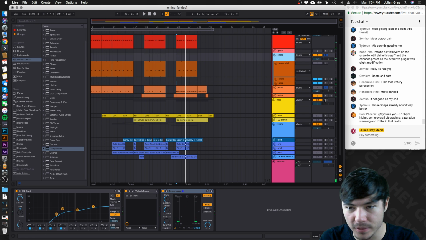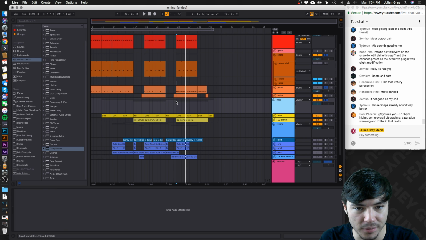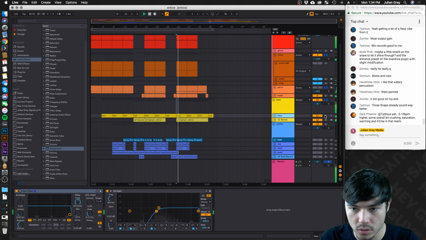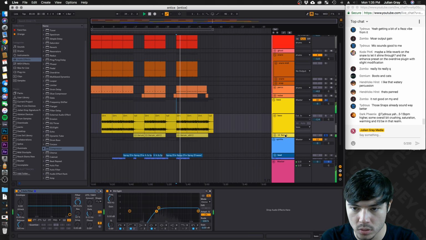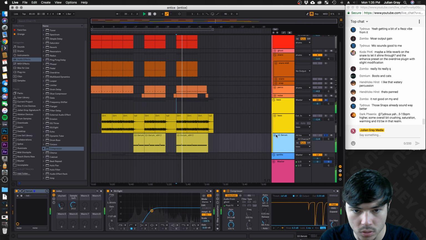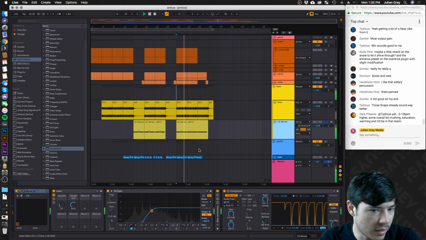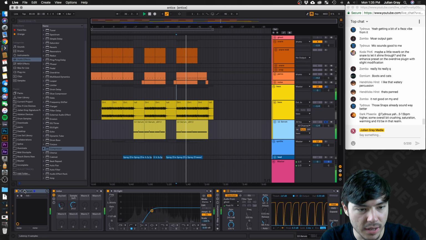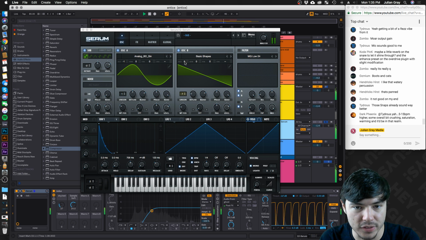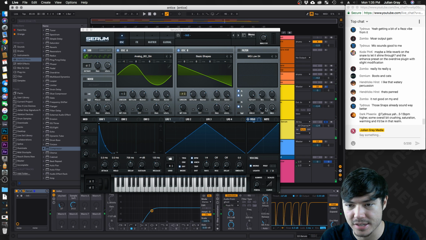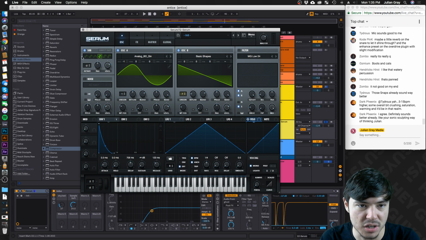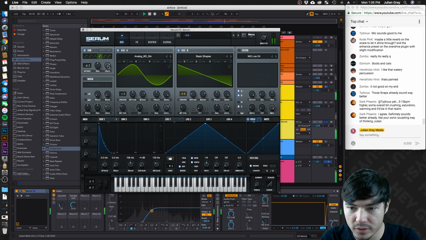Cool, and that's sounding pretty good, and I want to get this bass sitting right now. So this is cool. It's working okay. I'm going to add in a lower layer to this, so we can get some more sub action going. I'm going to change this to a saw wave.